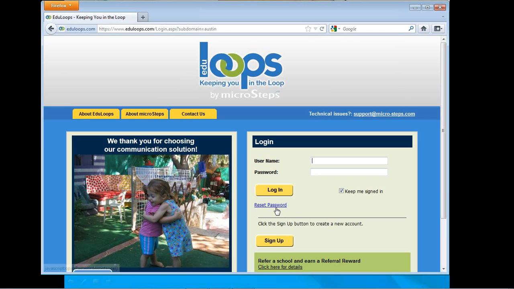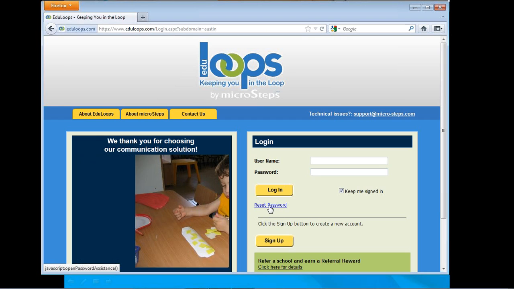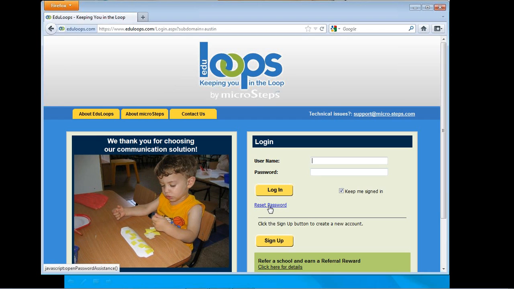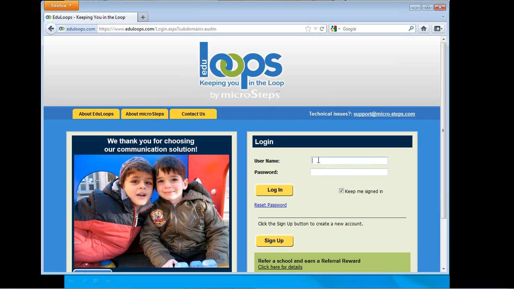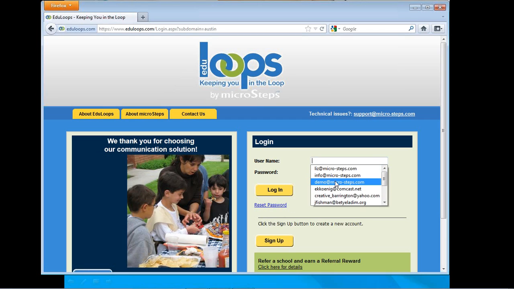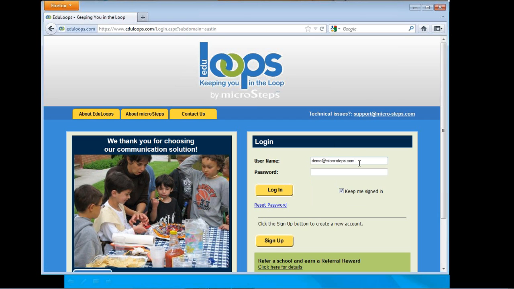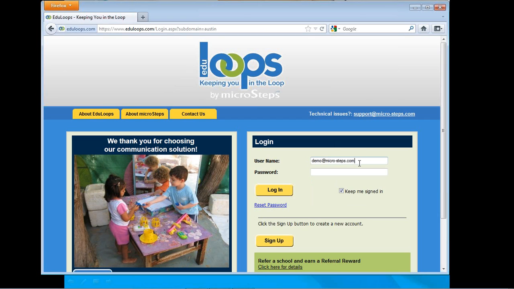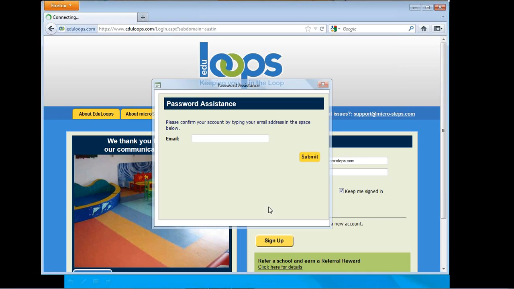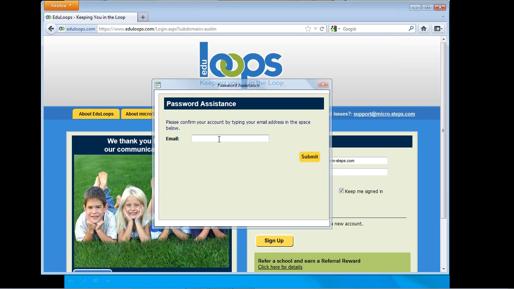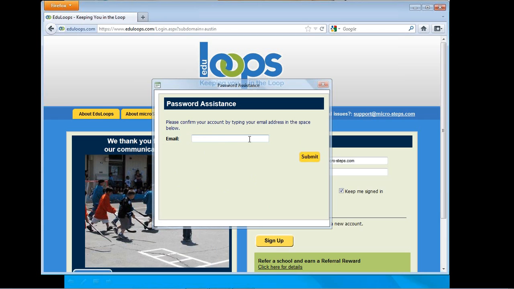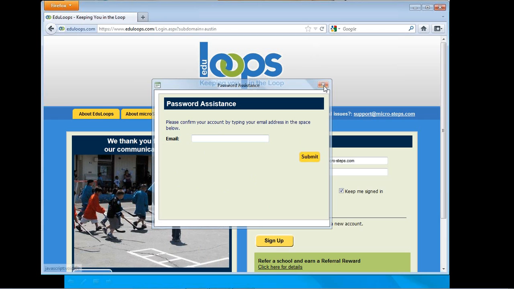If you do not know your password, you can click this Reset Password link, and you will be taken to a page where you enter your email address, and then you will receive an email that will allow you to go in and change your password. I'm going to enter the email address, which is my username. I'm going to click the Reset Password button to show you the password assistance box. This is where you would enter your email in order to receive a link to allow you to reset your